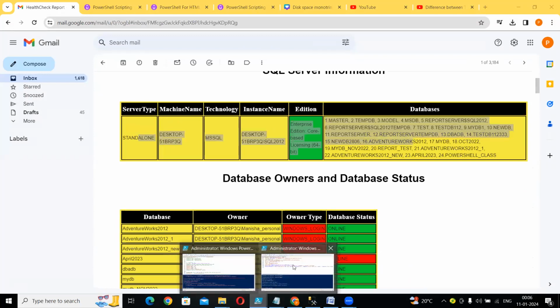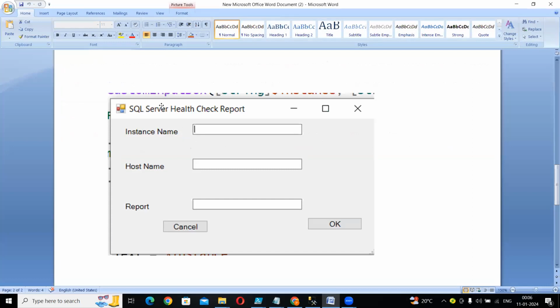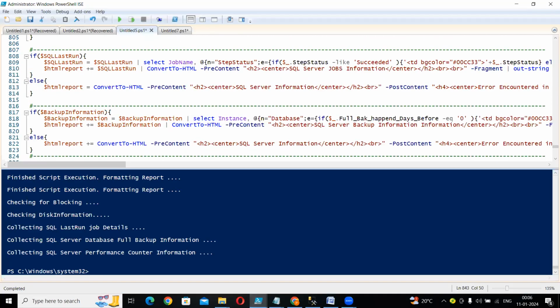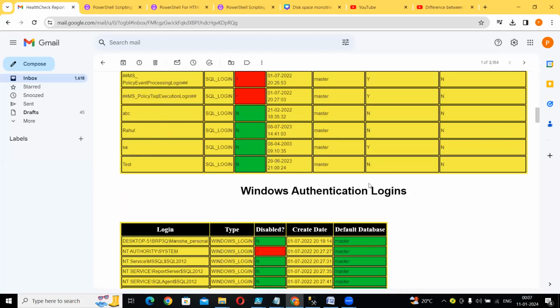In this, my requirement came that we don't want to pass the parameters from the PowerShell window. We want to send all these parameters in this form. So we have to create this form and integrate a few more things. I have integrated it, so you can see how we can do this. This is a very important topic. If you want to know how this code has been developed and how it is working,